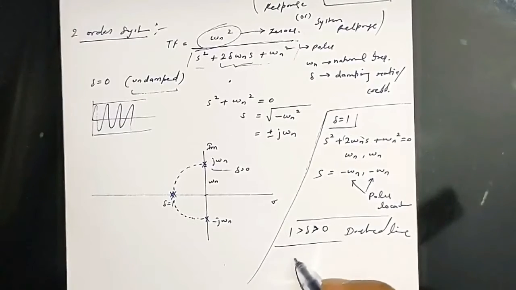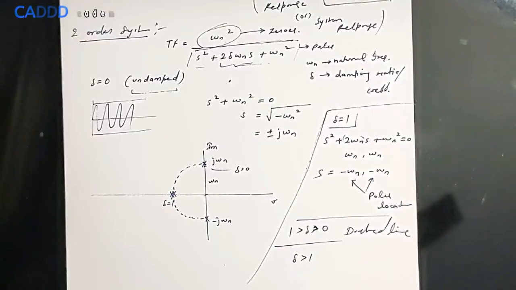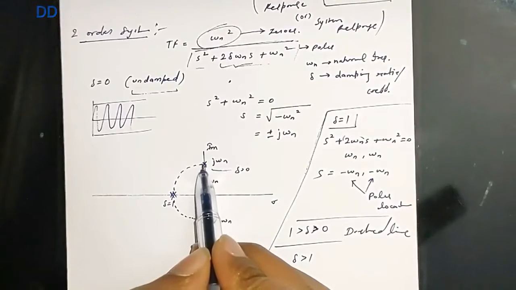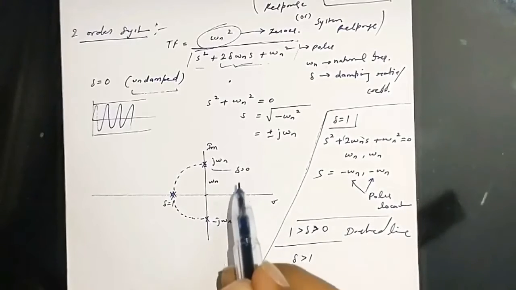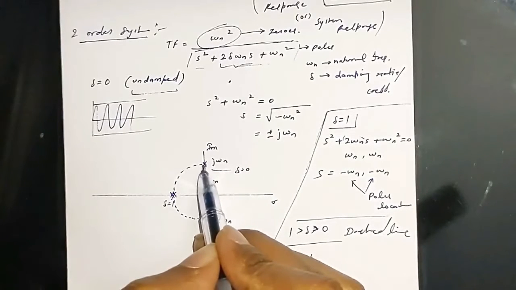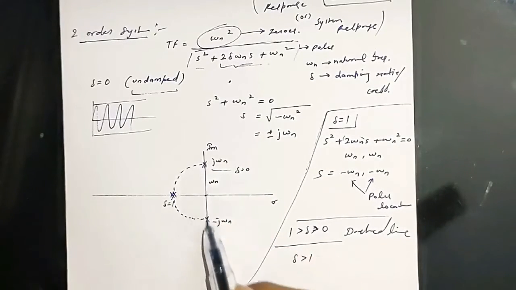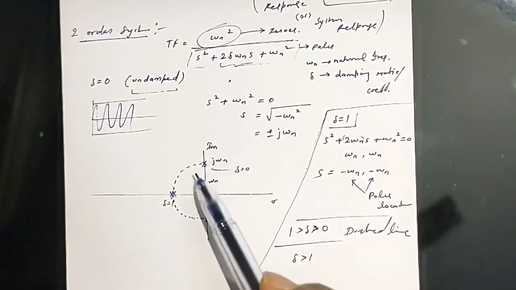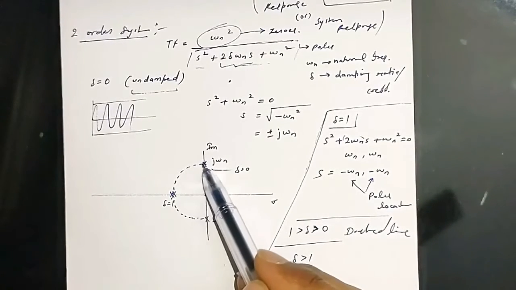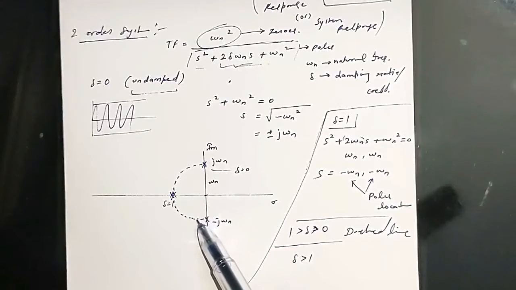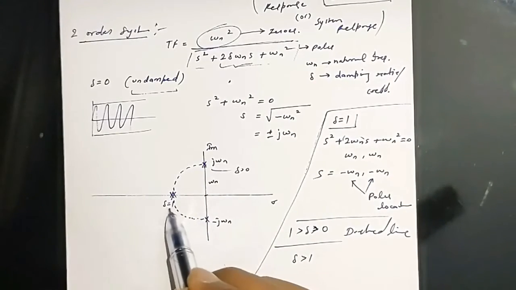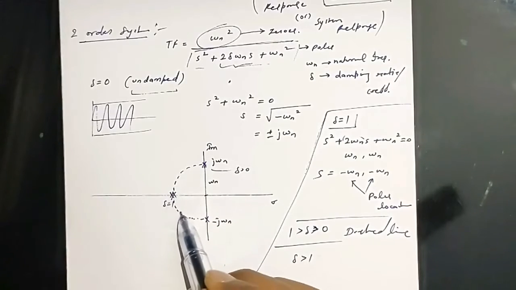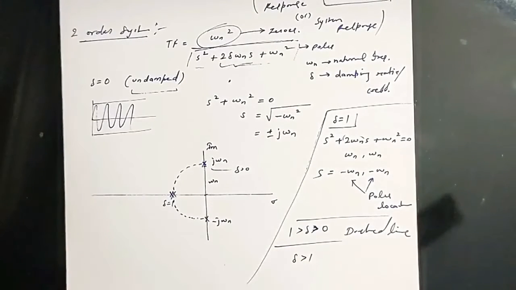Okay, and when zeta is greater than 1, then what will happen? Suppose at zeta equal to 0, we had poles at this point and at this point. When increasing the value of zeta, poles start moving here and here. The first pole starts moving here. Simultaneously, the second pole also starts moving in this path. At zeta equal to 1, both poles strike at this point, and when zeta is increased greater